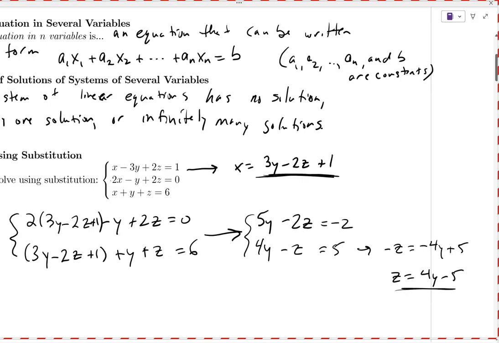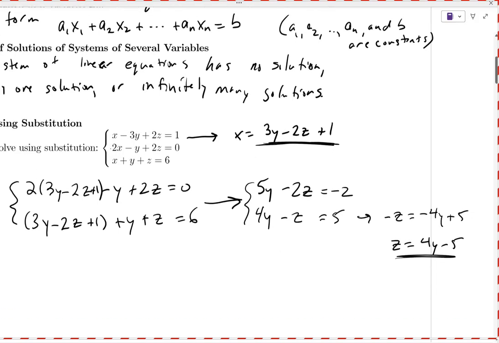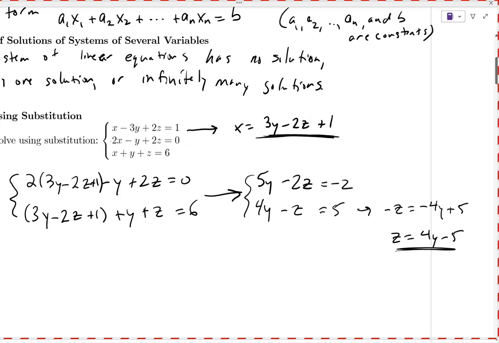So now what do we do with this? We use the second equation to solve for z. What should we do with that now? Into the, which one? 5y minus 2z. Good. Yep, good. We use the second equation to solve for z, so plug it into the first equation. If you take it and plug it into the second equation, you'll always get 0 equals 0 eventually. When I go plug it into the other one,